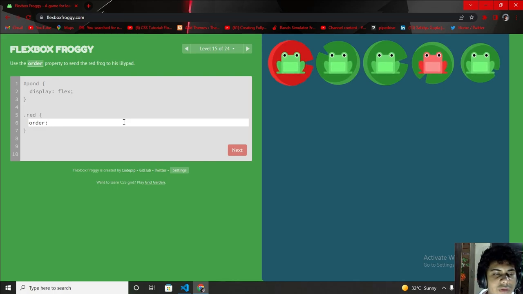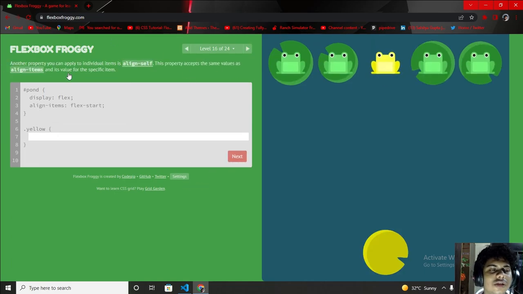After doing 0, these frogs are not changing their places. Why? So you can see order is equal to -2. I don't know what this order does, but I know that it is not used so much. So don't worry about this. I am just showing you how to play this game. By reading these questions, you will find some hints as well.